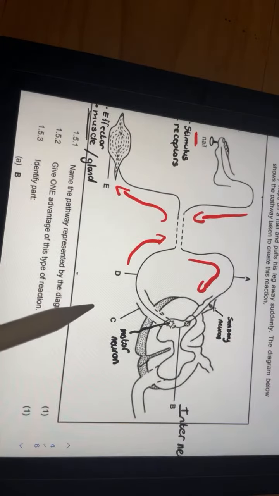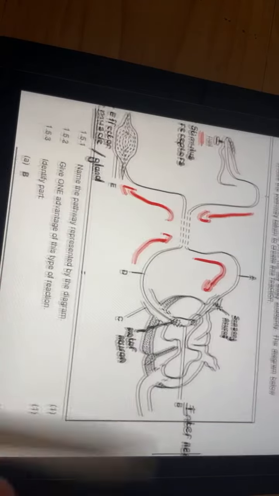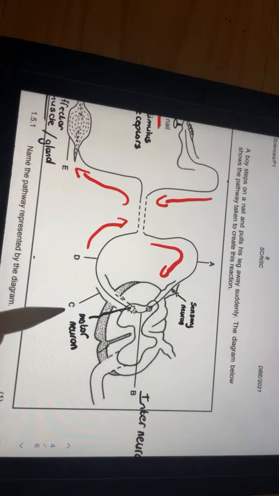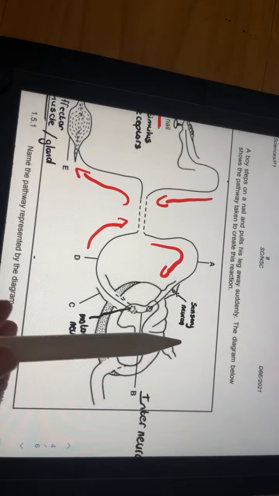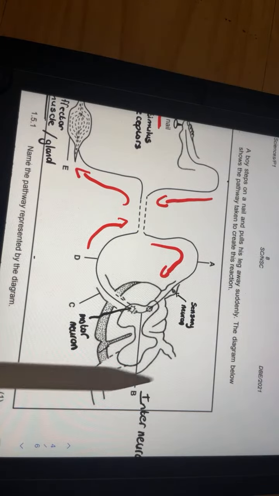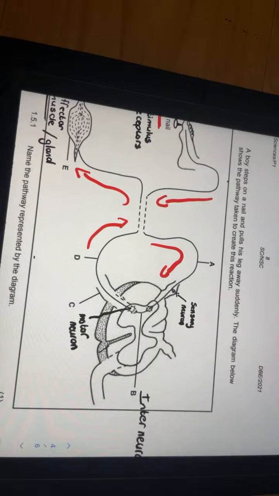Now, there's a couple other labels in here too that I hope you noticed. And there is label C, which is pointing over here. And you're going to need to also know, and this is a common thing, they like you to draw this. This is another one for you. They like you to draw this in the June exam, this being the spinal cord. And they expect you to label it. And so when we speak about labeling it, I want you to